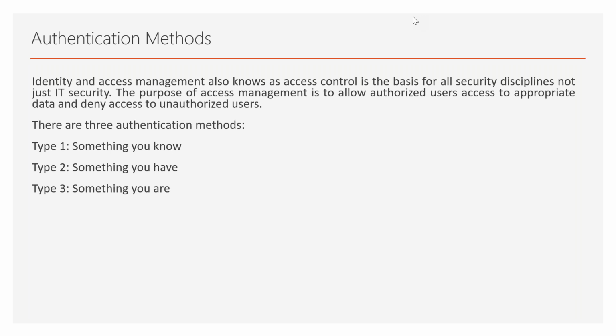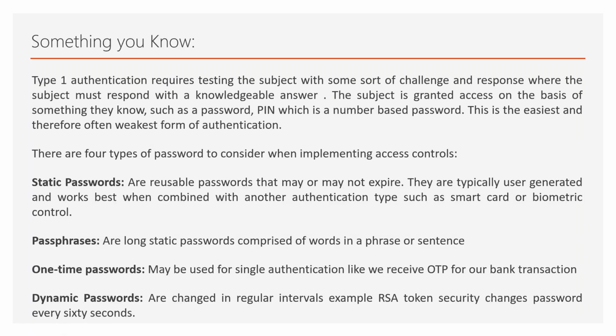Now, when we talk about the authentication methods, there are three types. One is something you know, something you have, and something you are. Now we are going to discuss this. Something you know is your type 1 authentication. So when I say type 1 authentication,